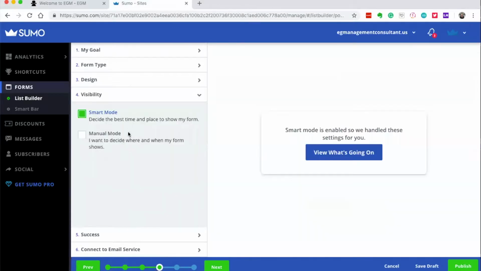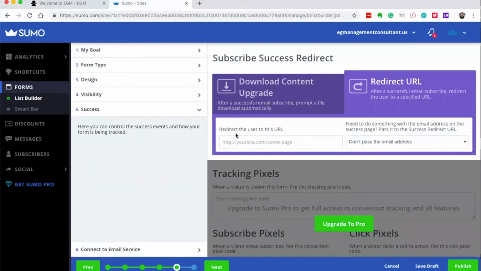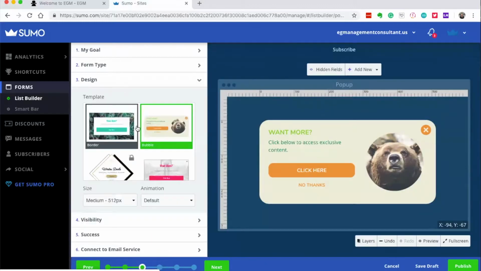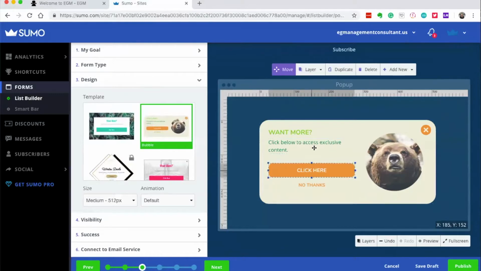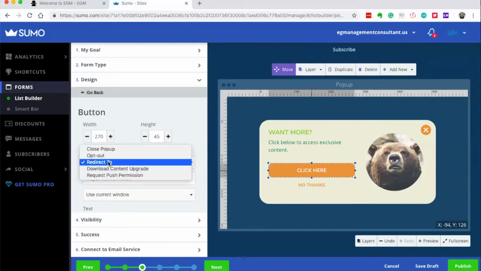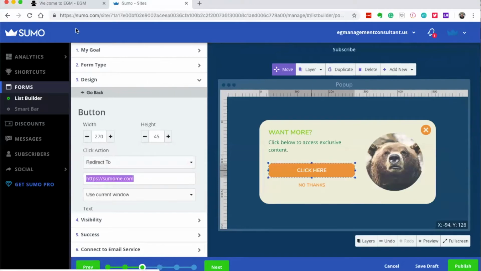I can set the visibility. Smart mode is what I would recommend. That just means that Sumo is going to decide whether or not the pop-up should be shown. If it's someone who's been to your website frequently, they might not show it as much. And then you can work on what happens afterwards. Once someone clicks that URL, where are they going to go? This is where you edit. If you click on the little pieces here, click action, redirect to,